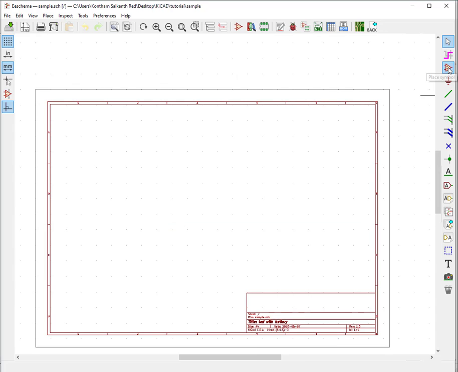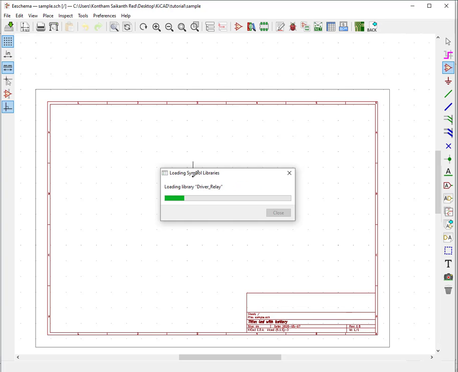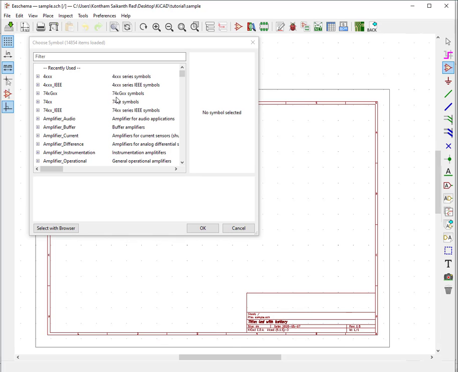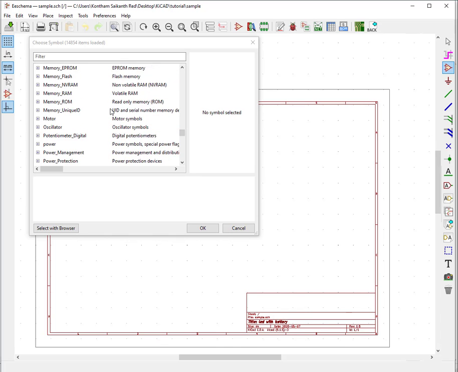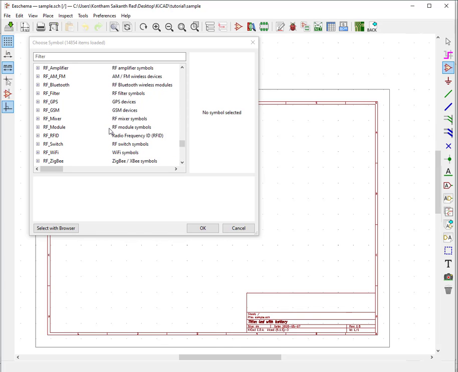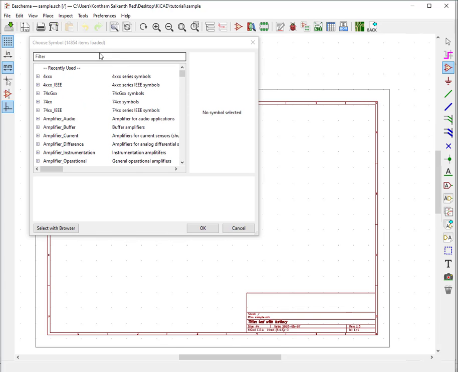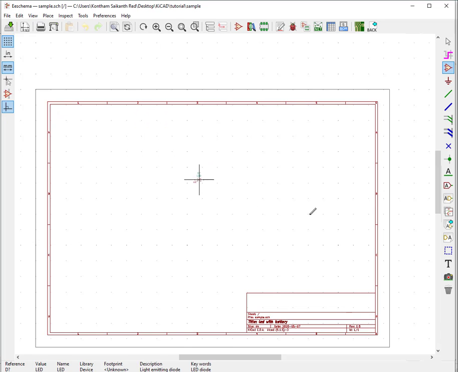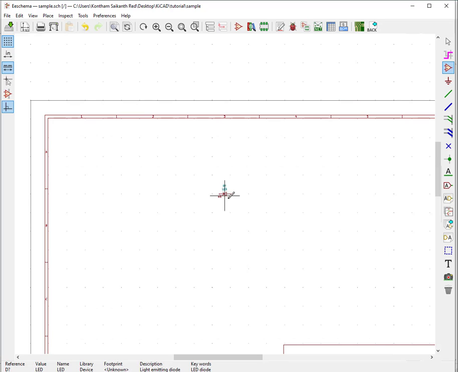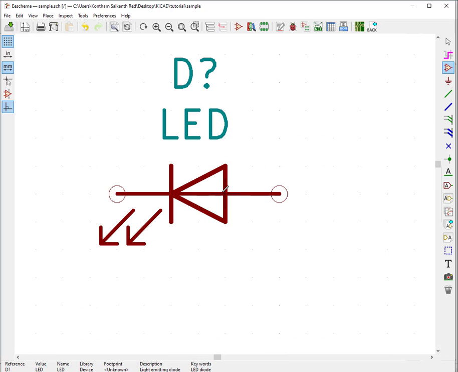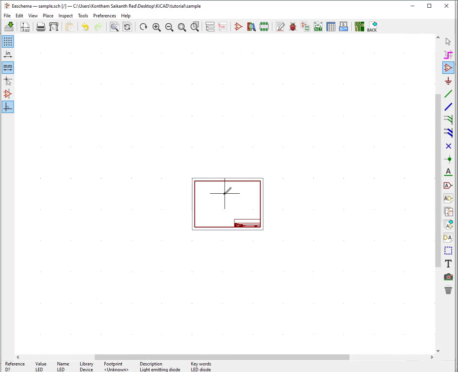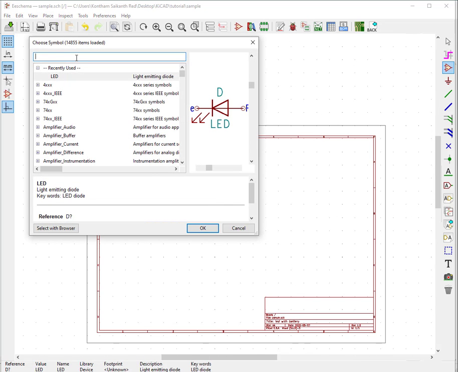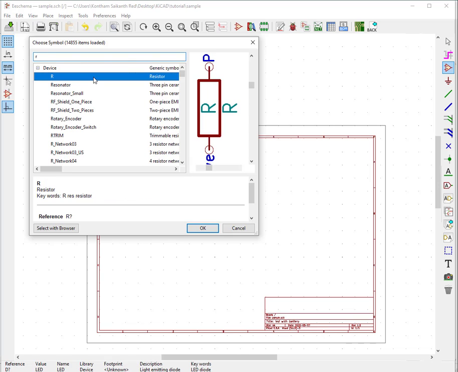Go to the Place Component option here and click on that, then click the left button of the mouse, and a symbol library will be loaded. This is the symbol library, and from here you can get multiple components. Whatever you want you can get from here. I need an LED, so I take this LED and place it here. I have placed it, and you can scroll your mouse wheel to zoom the component or schematic sheet. Again click somewhere else on the sheet, R here, R will give you the resistor, no problem.